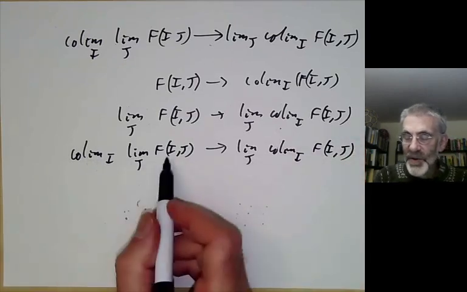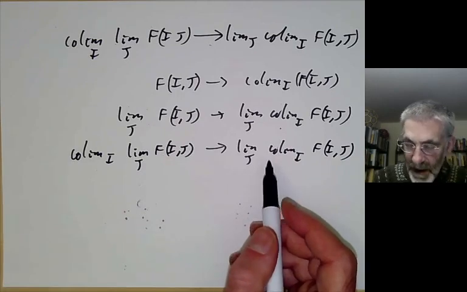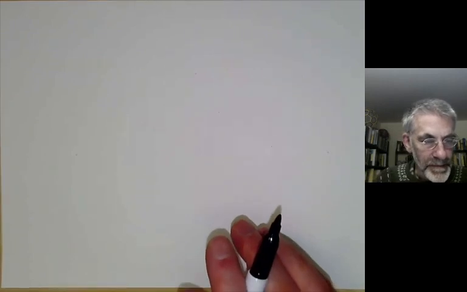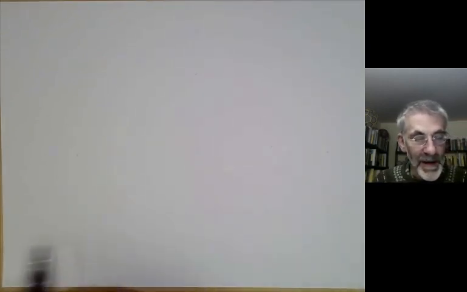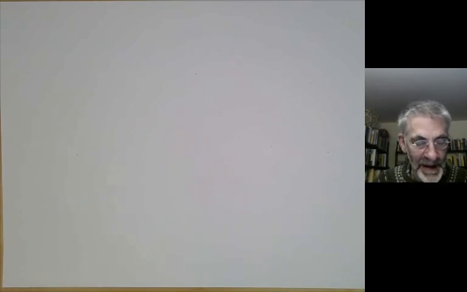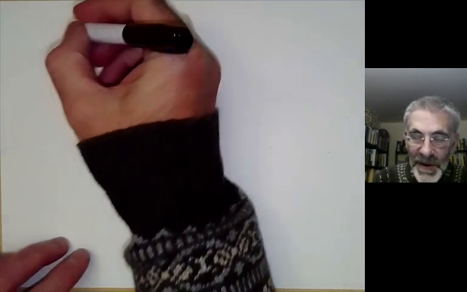So we get a natural map going in this way. That shows that colimits and limits don't commute for sets. Now we want to examine when they commute for modules. In particular, we're going to examine when